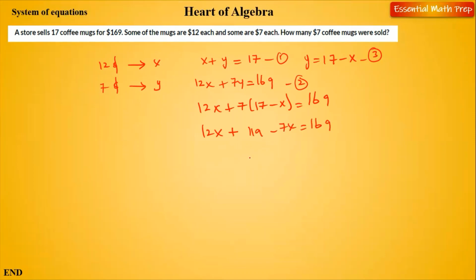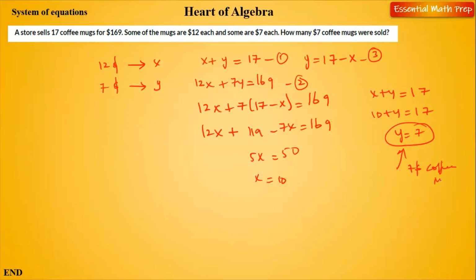12 minus 7 is, what is it? 5X equals 169 minus 119. That's 50. So X equals 10. What is the question asking? How many $7 coffee mugs, right? We equated the 7 as Y. So X plus Y equals 17. What we found is the $12 coffee mug. So 10 plus Y equals 17. So Y equals 7. So we have 7